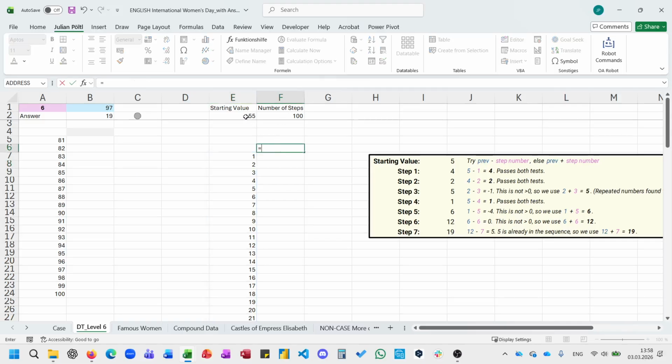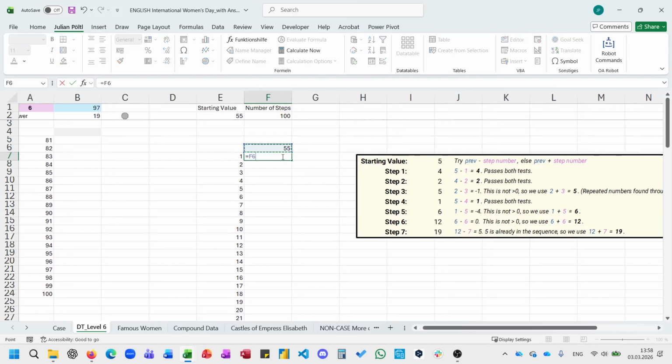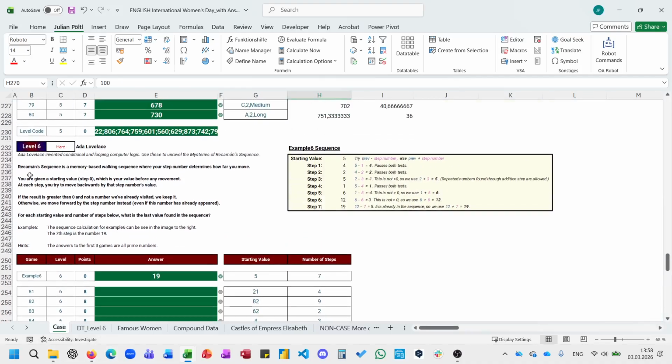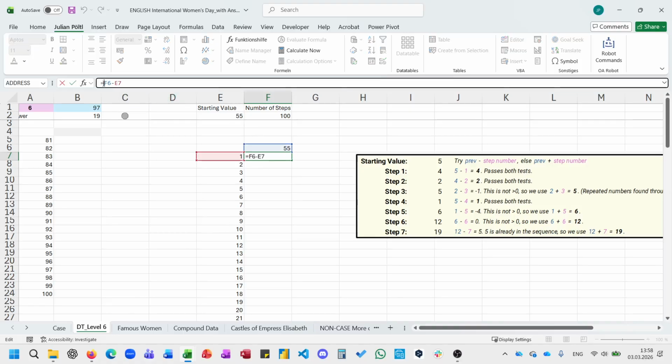And our starting value is given here. And we do the following. We make starting value minus this one if two conditions are fulfilled. Condition 1, the result should be larger than 0, and the result should not have been a previous result, including the starting value. So if this is larger than 0, then, I think I need a bracket here, and if